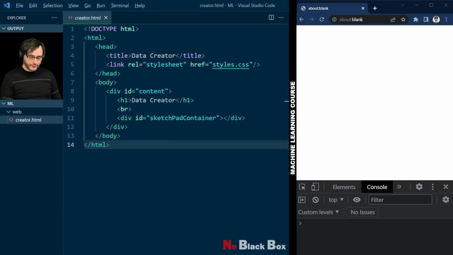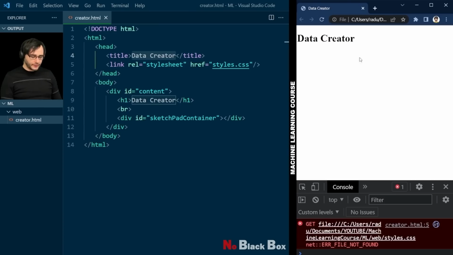Save the file, and now let's open the file in the browser. And we get this. The only thing we see in the page is this h1 tag from here, because this line break and this container are invisible for now. We also get an error in the console here. I have the browser developer tools open, and I recommend you do the same. The error here just means that we don't have the styles CSS file existing yet. Let's create it by going here and typing